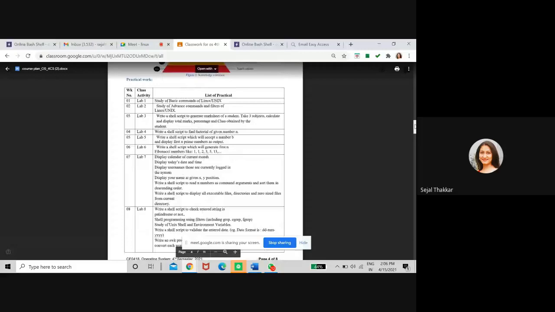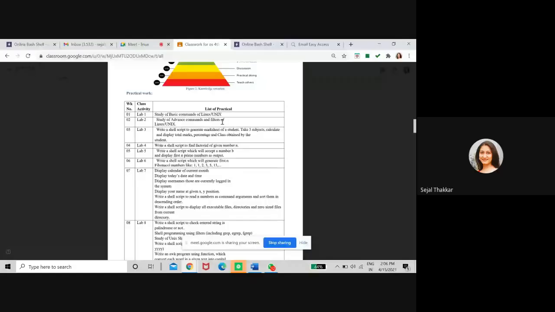We have gone through all the commands, like the man command, which shows the user's manual, the ls command, which shows the list of files, the cat command to create a file, the touch command to create a file, creating files and entering data using touch and cat, the chmod command to change the permission of a file, read, write, execute permission for the user, groups and others. Then we have gone through the grep command. It is just like Control F. You can find any pattern from your available data. So we have gone through all these commands, the calendar command, the date command. So you can write down all the commands.